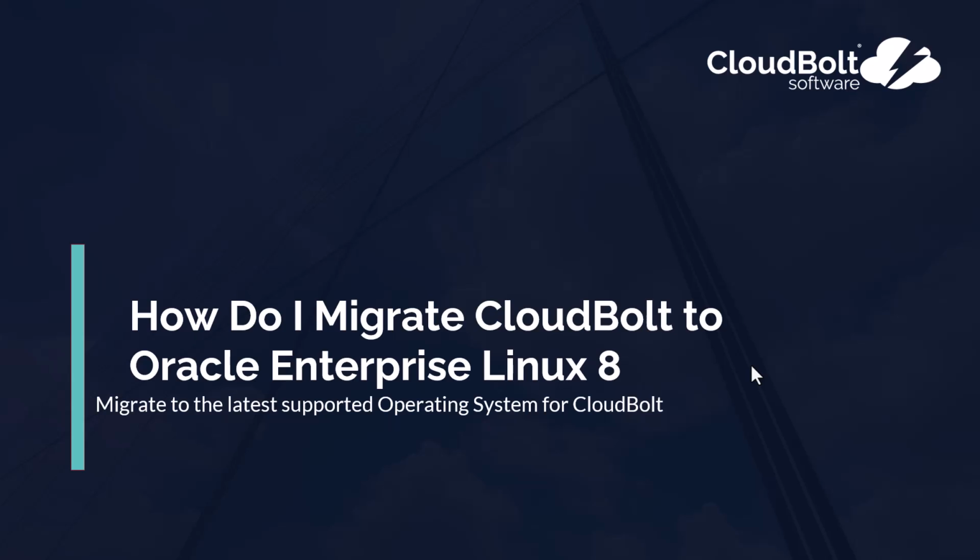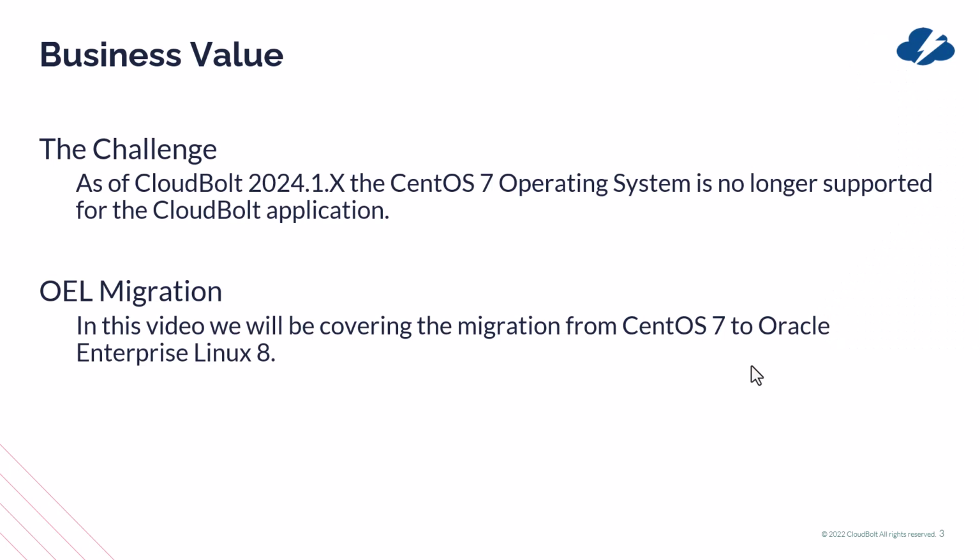And in this video, we're going to be walking through how do I migrate CloudBolt to Oracle Enterprise Linux 8. So as of CloudBolt 2024.1, the CentOS 7 operating system is no longer supported for the CloudBolt application. So as part of this video, this is my first upgrade. I've actually put this off for the better part of the past year. I've been leveraging the same CloudBolt instance for the last 5 years. So I've got a whole bunch of stuff that has accumulated over a 5-year period that we're going to try and work through together on this video to see how to get things over to the Enterprise Linux 8 operating